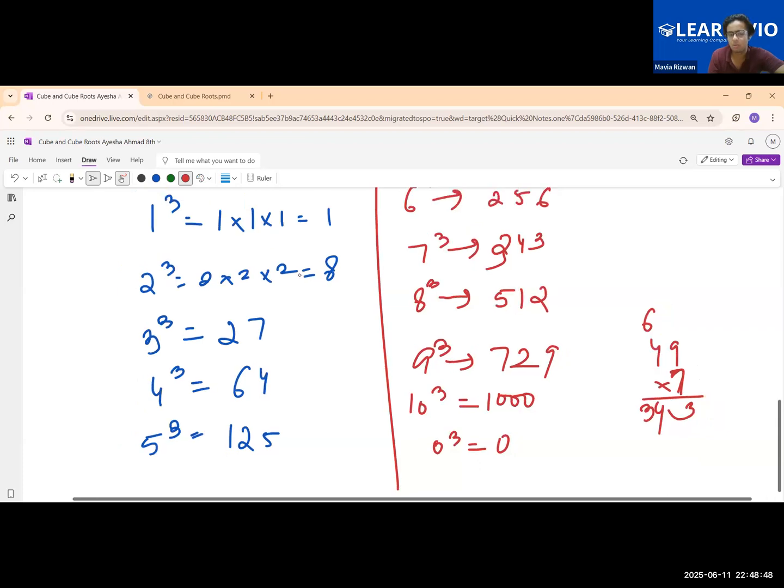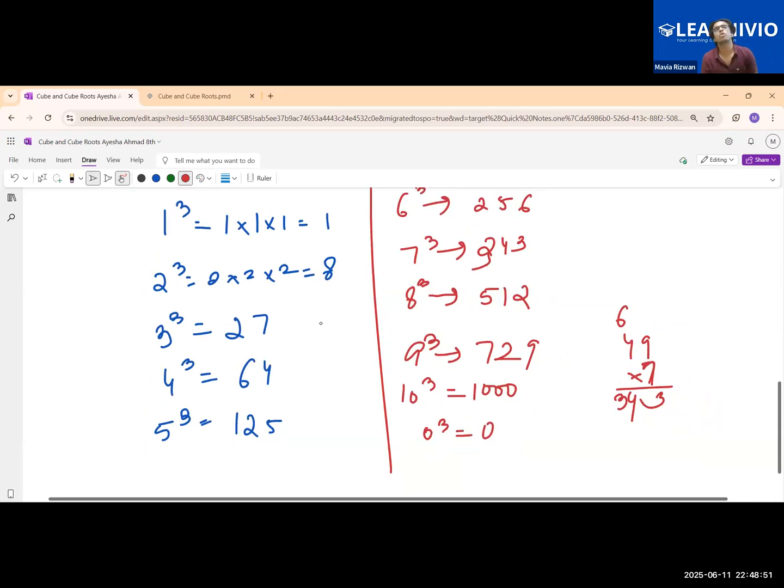Now we can see one thing: in squares and square roots, there was a rule that any number ending